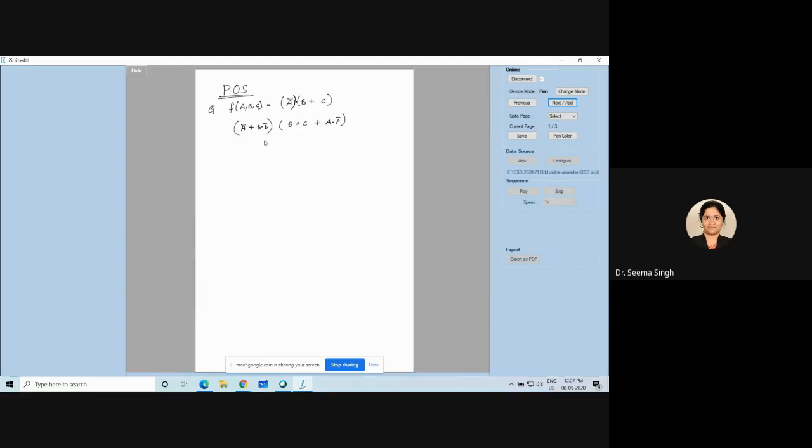Now, let us apply distributive law here. I had shown you in the last class also how distributive law is applied. A bar will get ORed with B, and then A bar will get ORed with B bar. So it becomes A bar plus B and A bar plus B bar. Understood? So this is how A bar is distributed among B and B bar using distributive law, which is distributing on this OR. Now coming on to the next part.